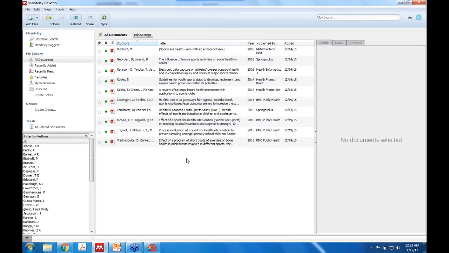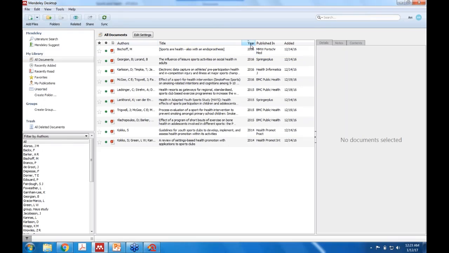Now, before I go and show you how it looks in the XML file and how to add it to the project, you will see the sample 10 documents that I have in front of me. They are published in multiple years. So when I click on the year, I'll sort it. I see some documents published in 2016, 2015, and 2014. Why it is significant for me to show you this is because